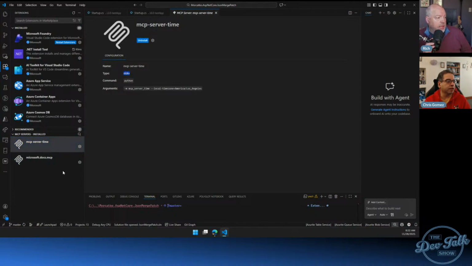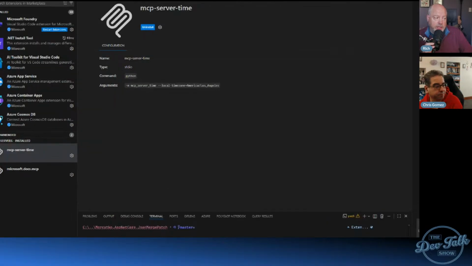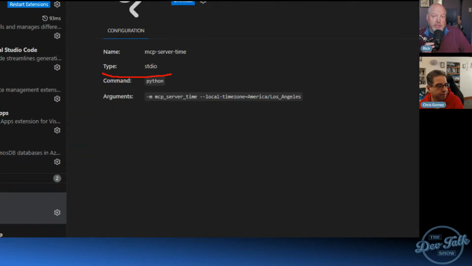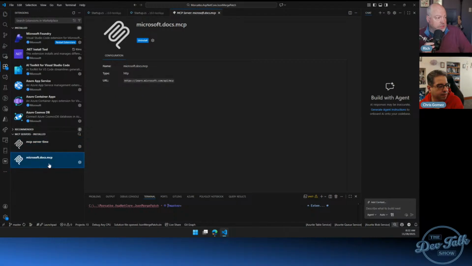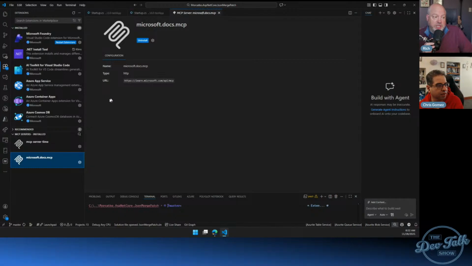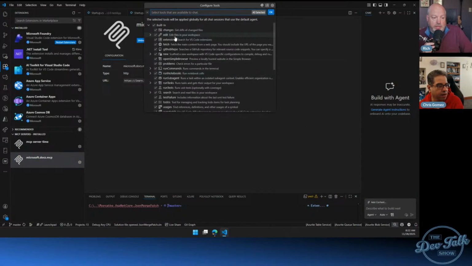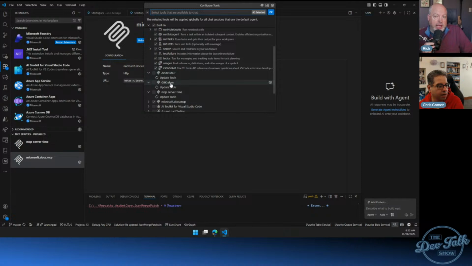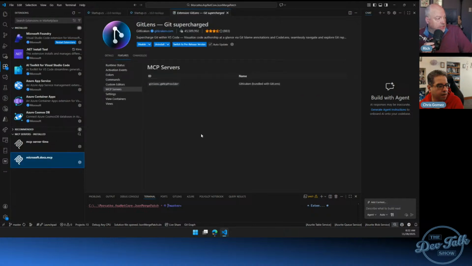Oh, okay. So there are 3, with one of them being deprecated. The first one there, STDIO, which is standard input output. So that's one that would be running locally. So you have some code that's running on your machine as part of that extension that's going to do that interaction with you. Now the HTTP one means it lives outside of your machine, and has a common endpoint that everybody can talk to, essentially.